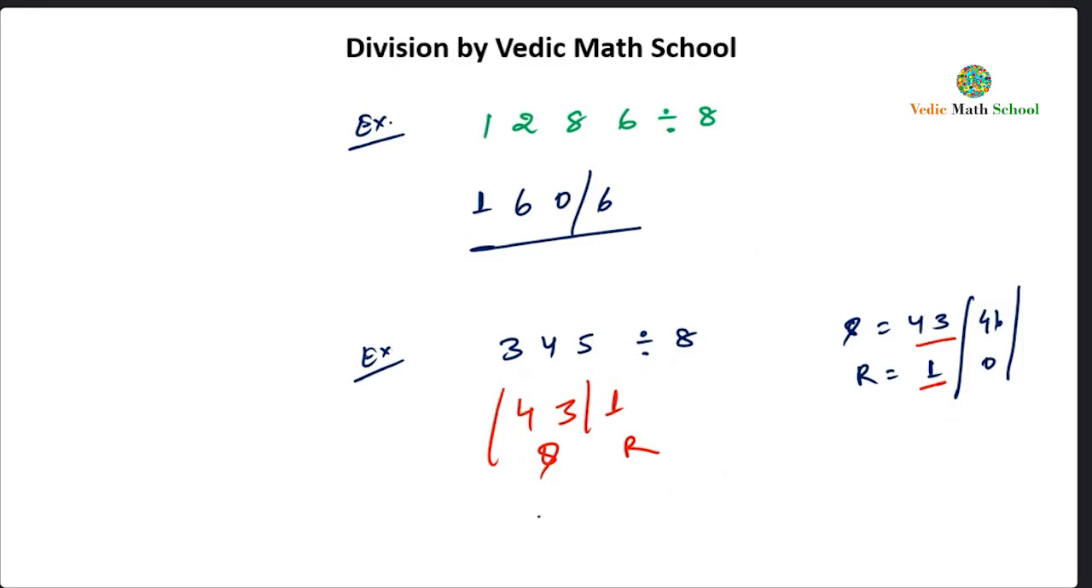So 3 is there, so I'm writing 3. And 3 into 2, 6 plus 4 is 10. So 10 is there, so I'm going to adjust this 10. This 10 will become 10 minus 8, that is 2, and this 3 will become 4. Now 2 will multiply with 2, so 2 twos are 4. 4 plus 5, 9. Now again 9 is greater than 8, so I'm going to adjust it. So 9 minus 8 is 1, and this 2 will become